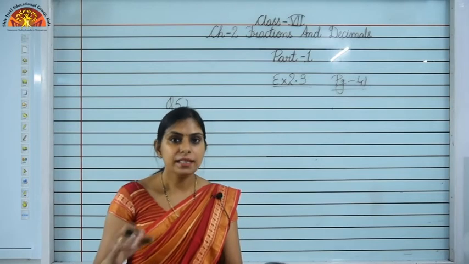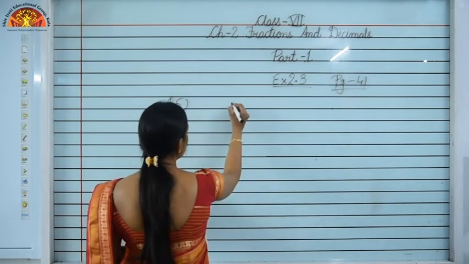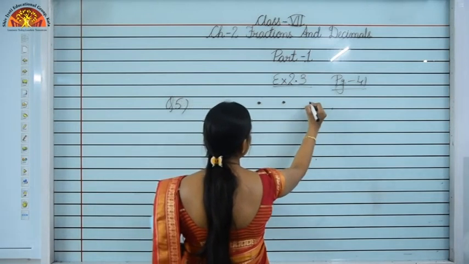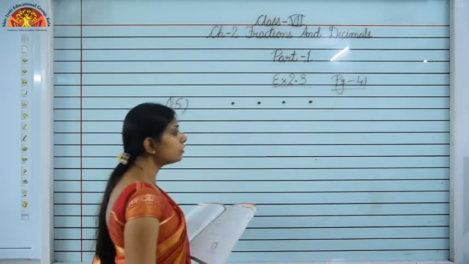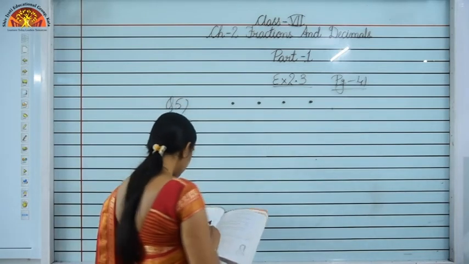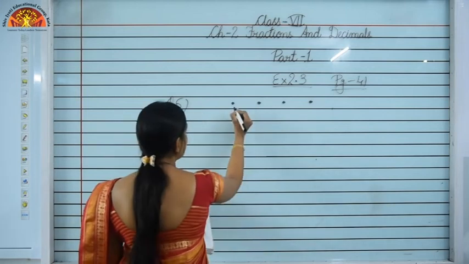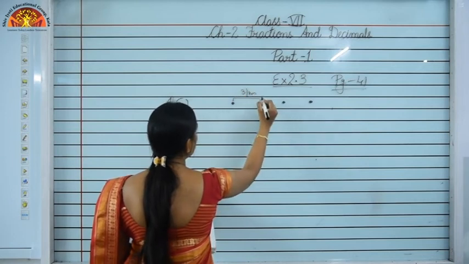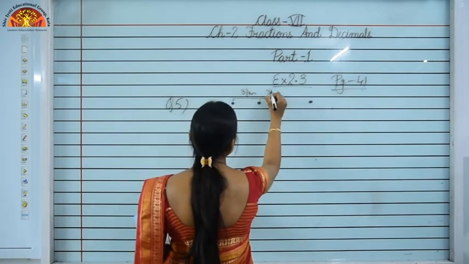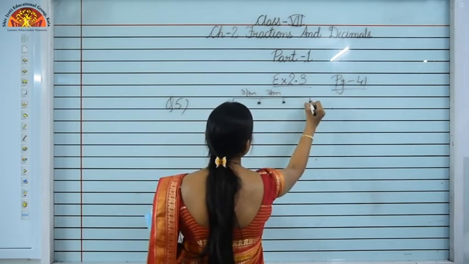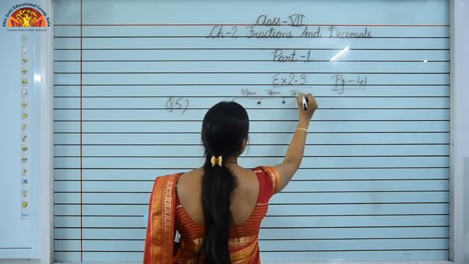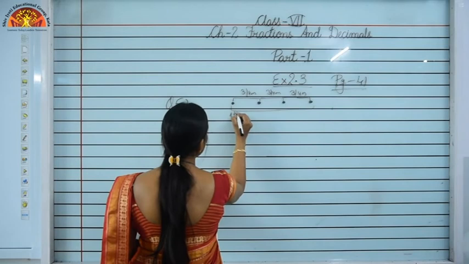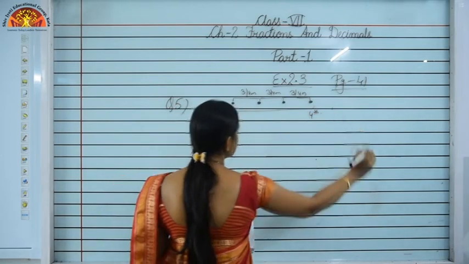So what Salili has done? He has just planted 4 saplings. I will just show you with the help of a figure. Just see, this is the first, second, third and the fourth sapling. There are 4 saplings and it has been given the distance between the two adjacent saplings. What is the distance between the two adjacent saplings? That is 3 upon 4 meters, 3 upon 4 meters and 3 upon 4 meters. What you have to find? You have to find the distance between the first and the last, that is the fourth sapling.